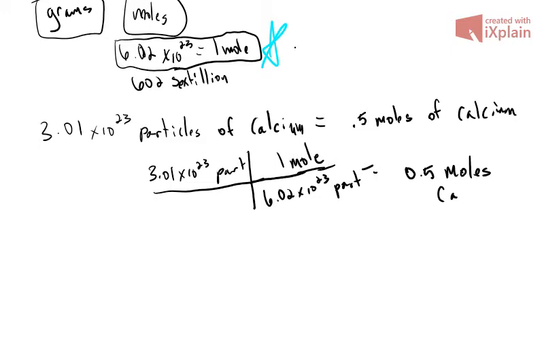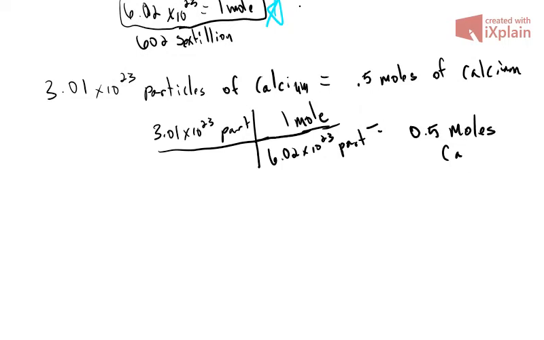Now, let's look at this and say, hey, how do we go from moles or particles to grams? Okay, there is no direct conversion between particles straight to grams. Okay, you have to go from particles to moles, and then from moles to grams. Okay, we do that through something called the molar mass. Okay, the molar mass